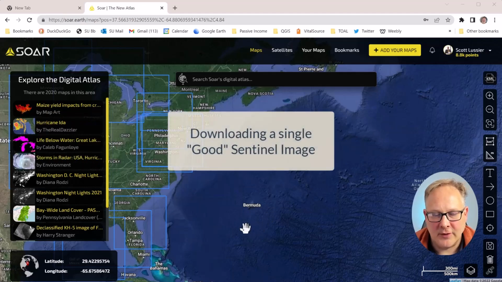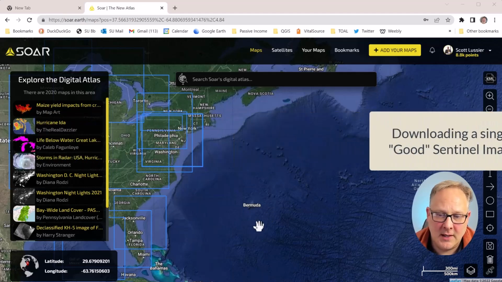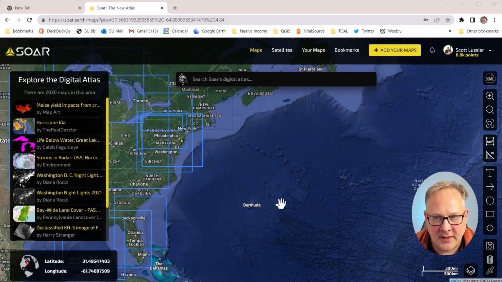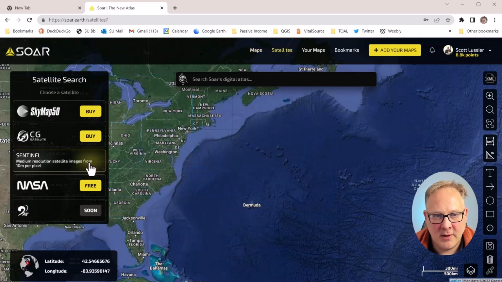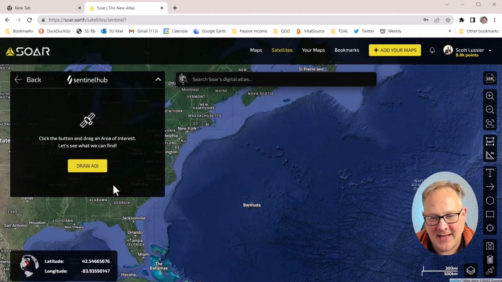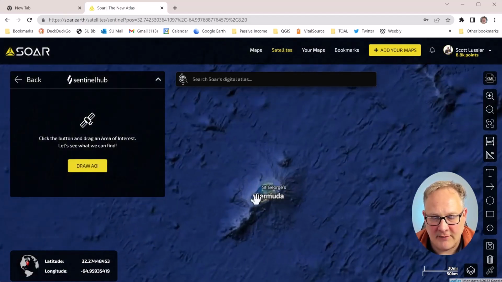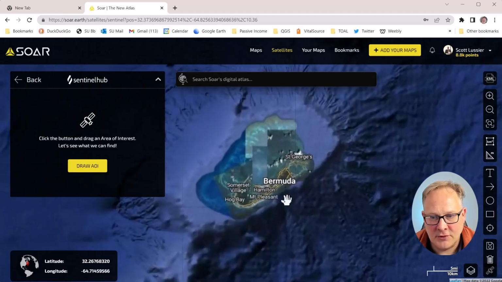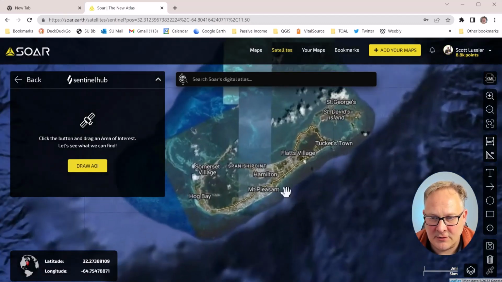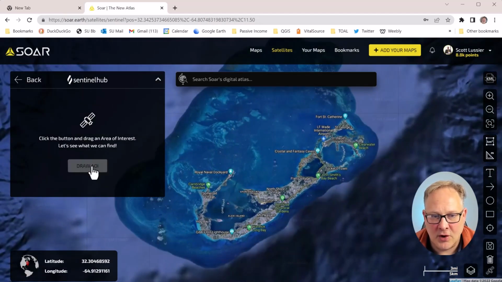I'm going to show you how to download a single good image in Soar, a Sentinel image. We'll go to the Satellites tab and click on Sentinel Hub. This will give us the 10 meter per pixel resolution, which is as good as you're going to get with the free stuff. I'm going to zoom into Bermuda here just for demonstration purposes and hit draw area of interest